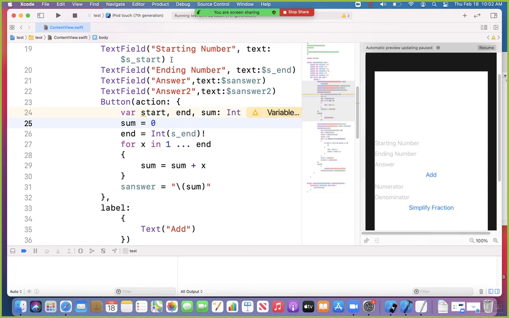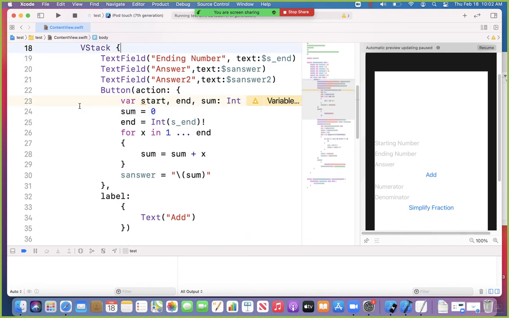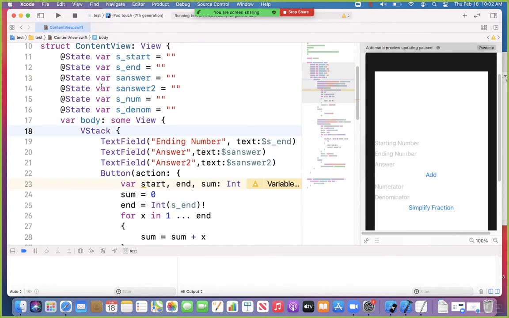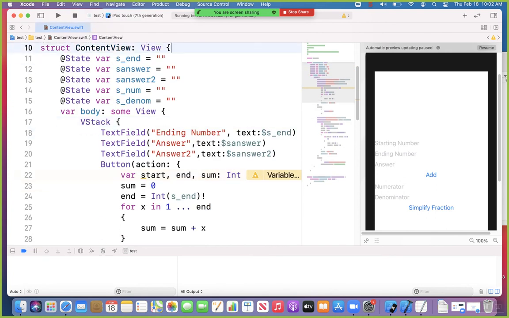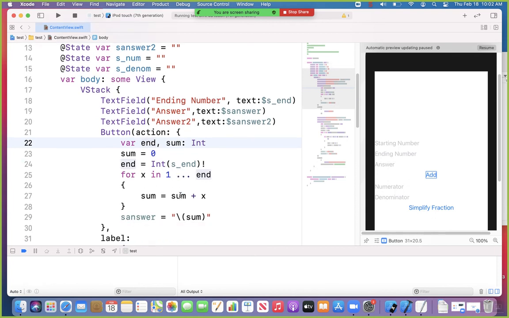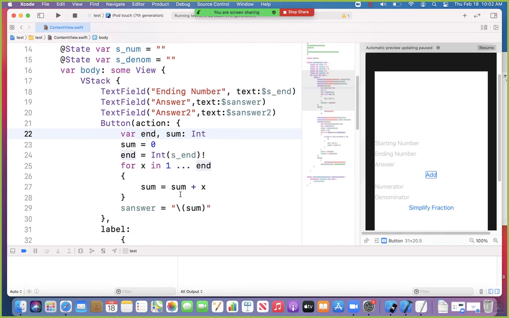And I don't need my starting number up here, and I don't need my starting number here. And get rid of the start here. Assuming I haven't broke it,